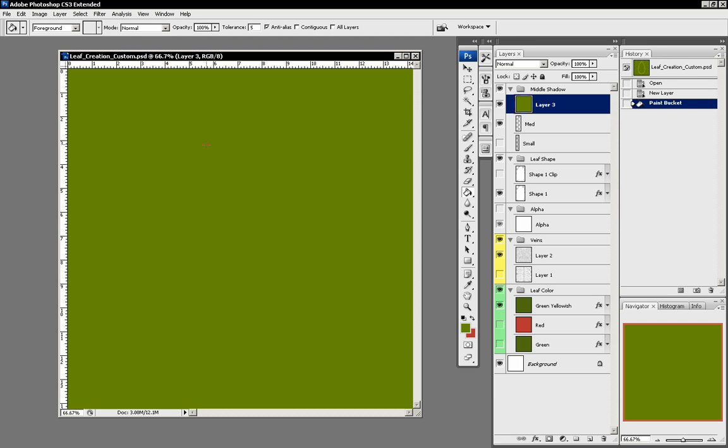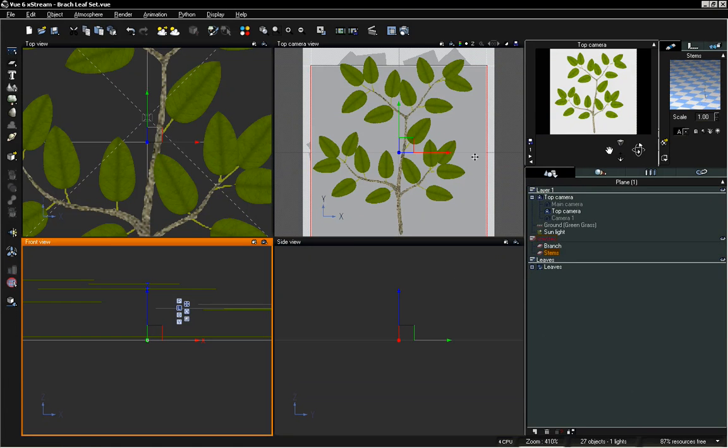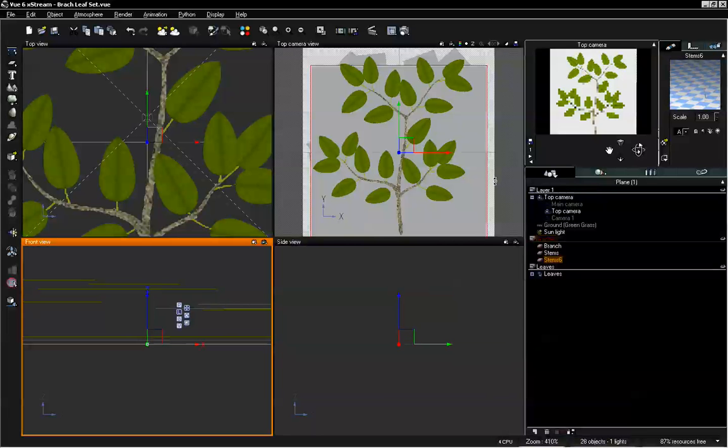Another thing you could also do is just take a look at the RGB values of this color, but I want to save this out as a specific color map. So I'll go ahead and save this out, and then we can load it in to view on a new plane and put it in the back. So I'm going to select our stems object that we have. Go ahead and hit Control-C, Control-V, move it down a little bit on the Z-axis,